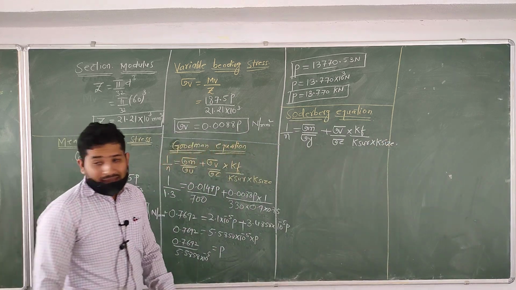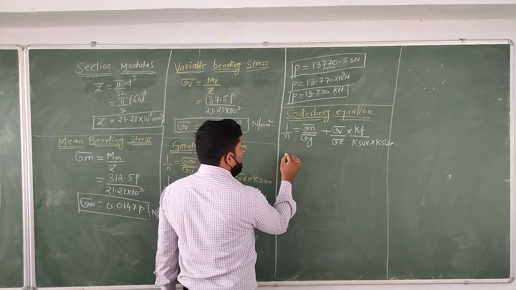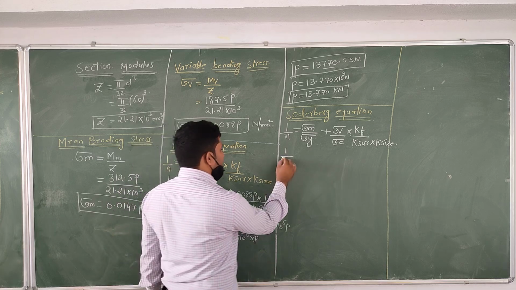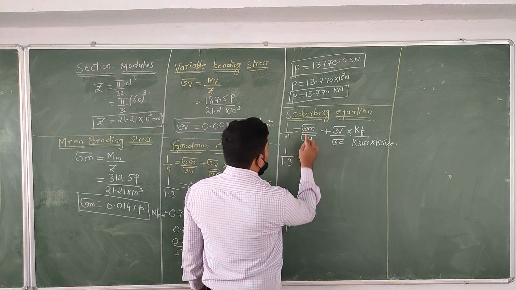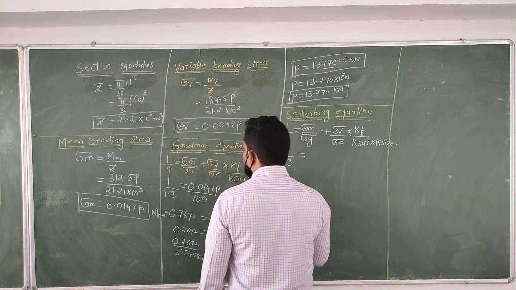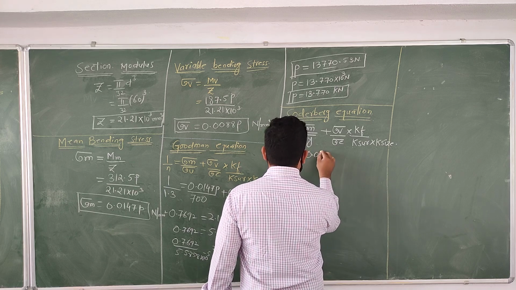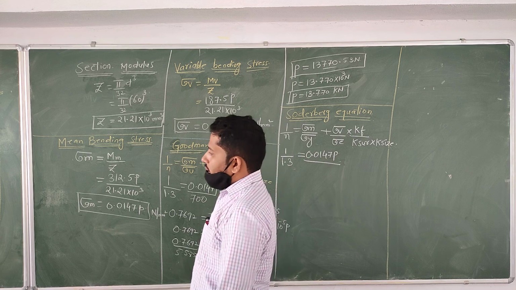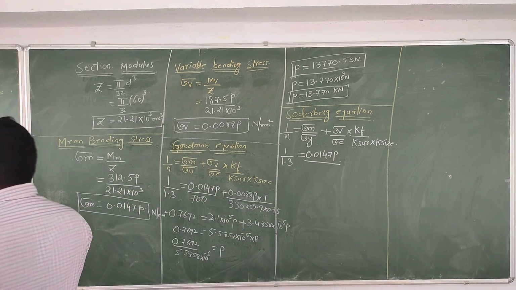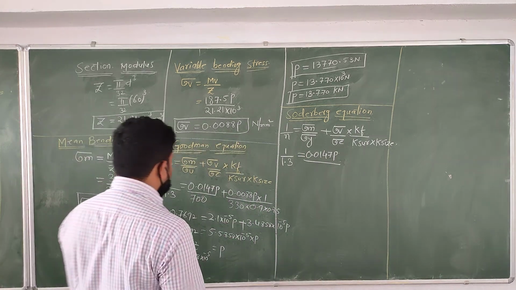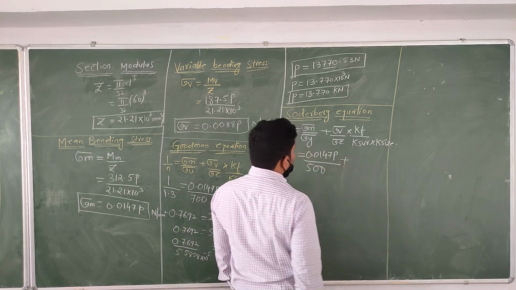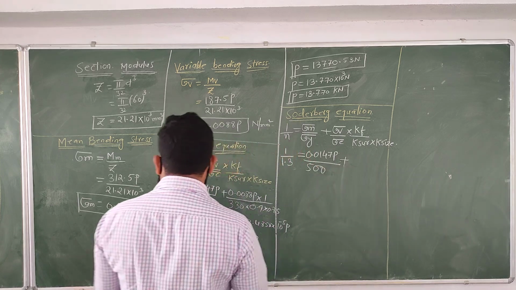Okay dear? Then 1 by N, N nothing but the factor of safety of this material, is given as 1.3. Sigma M, how much we got it here? 0.0147 P. And sigma Y, yield stress of the material, is given as 500 Newton per millimeter square. 500 plus sigma V, variable stress